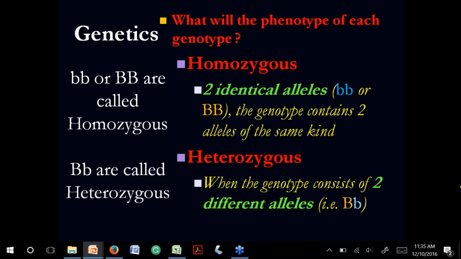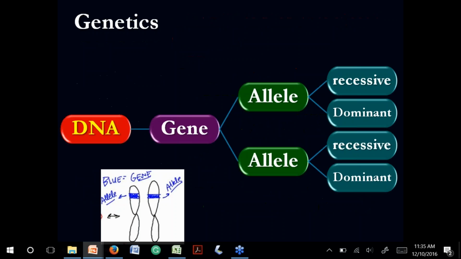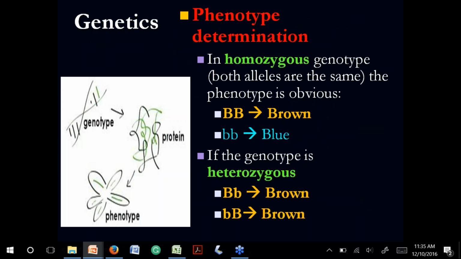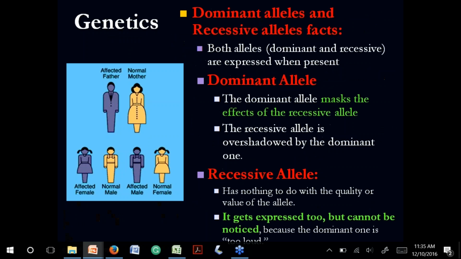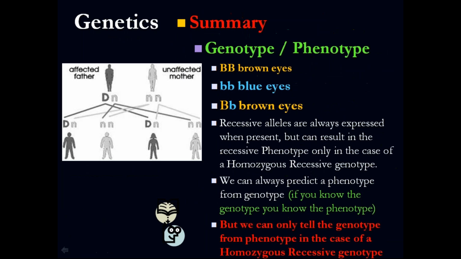So we have homozygous and we have heterozygous, right? Homozygous is when they have two alleles that are actually the same, blue eye and blue eye. Heterozygous is going to be different. What is important, and I'm sure you are very aware of this, is that we are going to do some Punnett squares. Punnett squares are most likely going to be coming, so please be sure that you are practicing your Punnett squares.